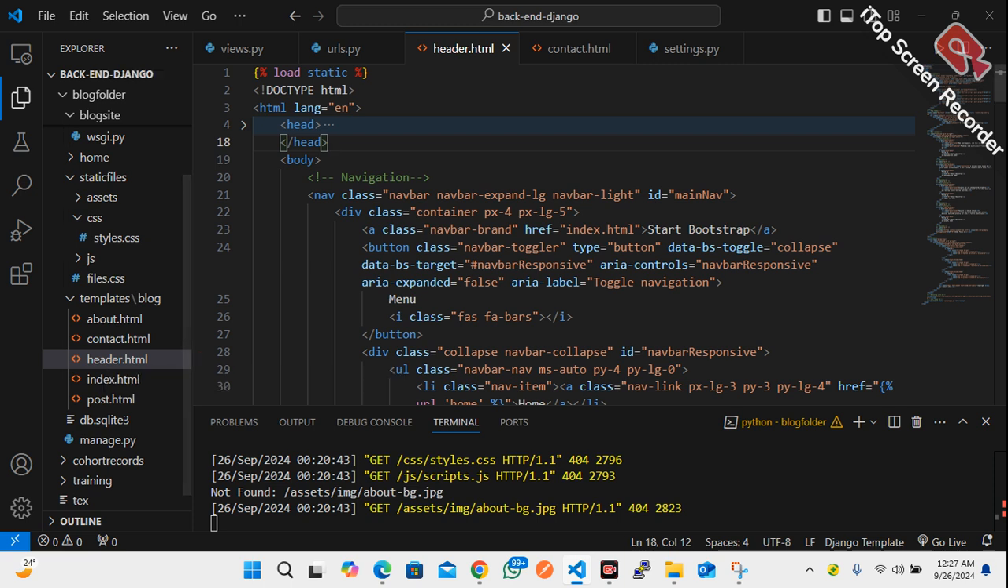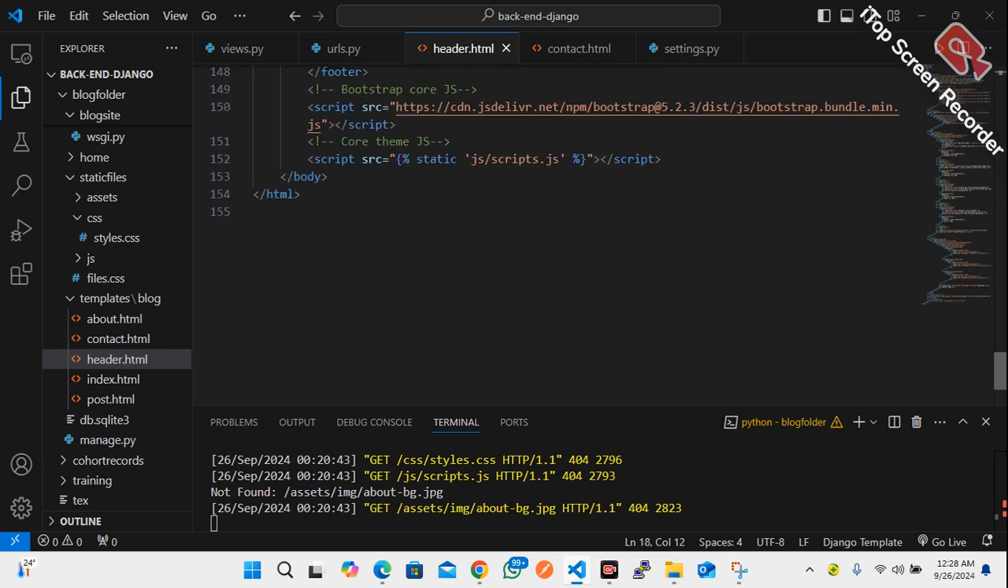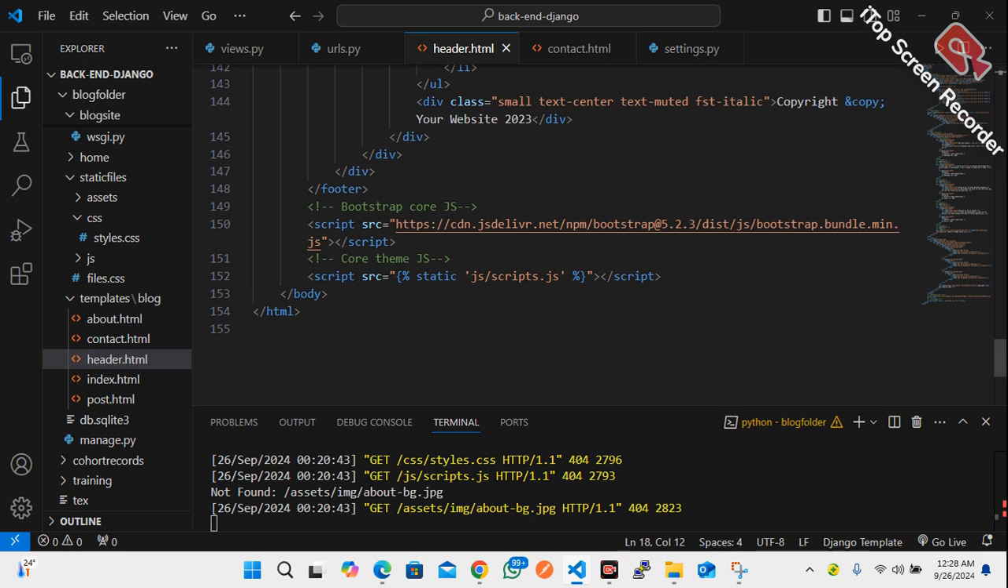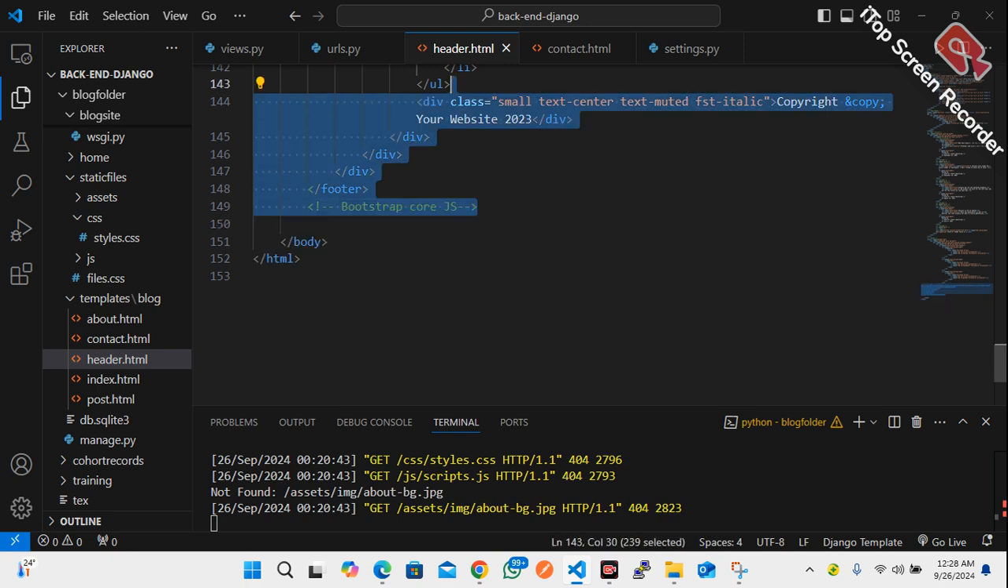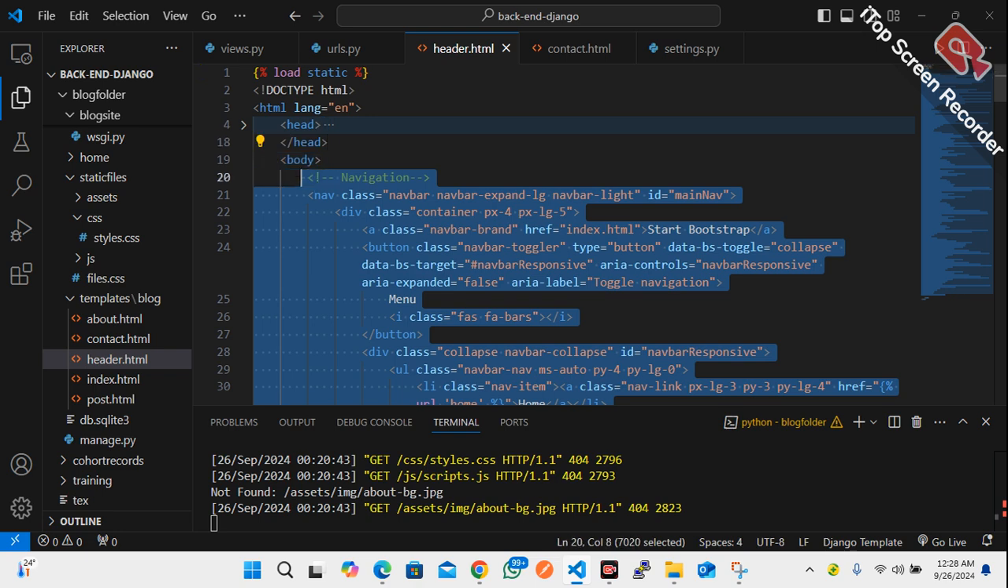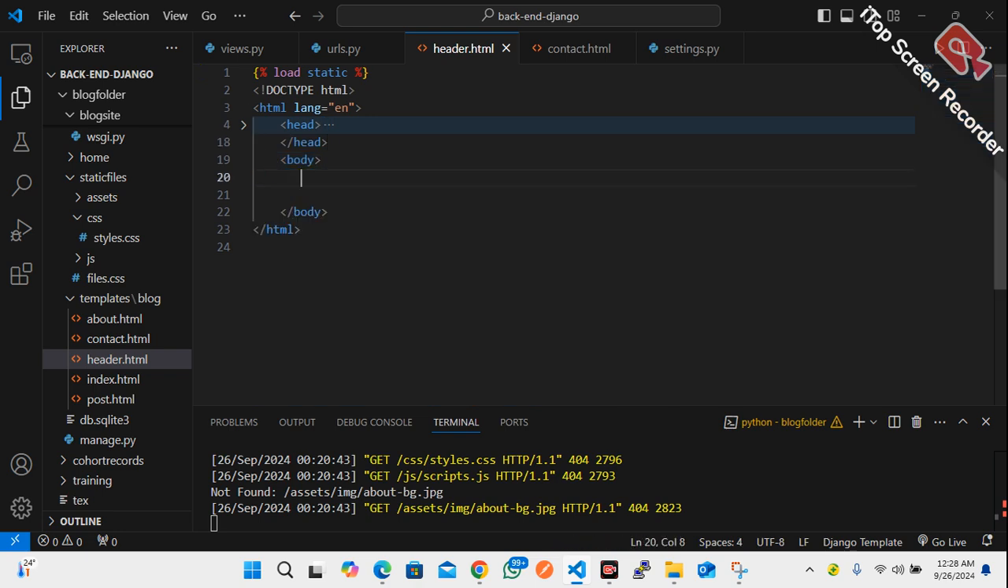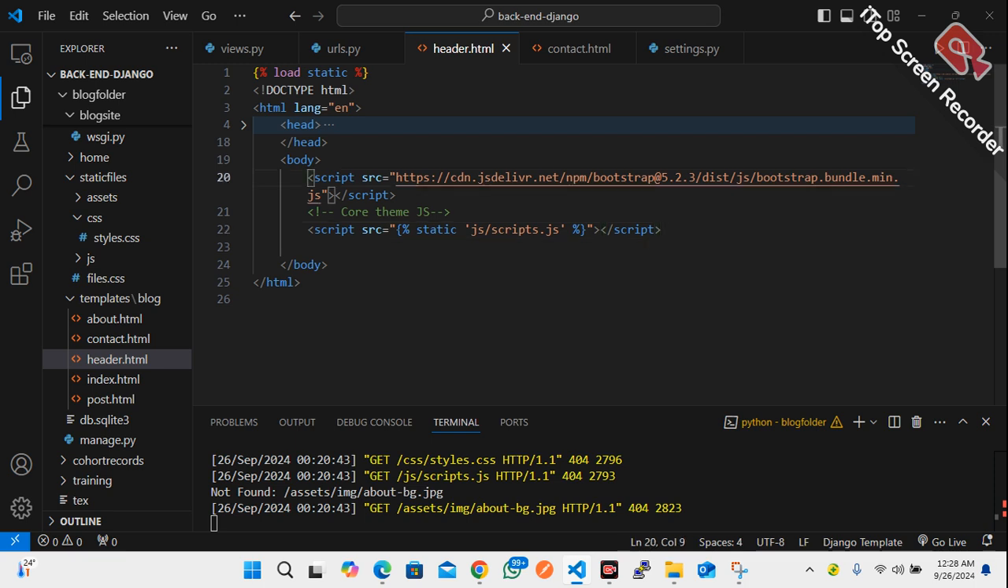Inside this header file, I want it to only carry information that goes inside my header, and every other piece of information inside my body. So I'm going to copy this, and every other thing inside my body, I'm removing them, then I paste this alone. So then when I come here,